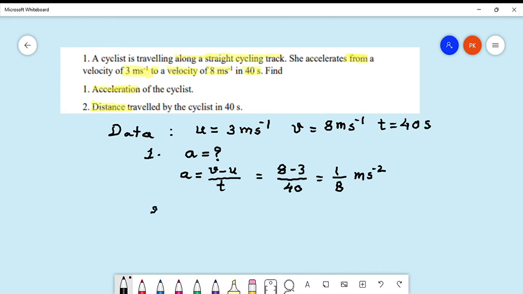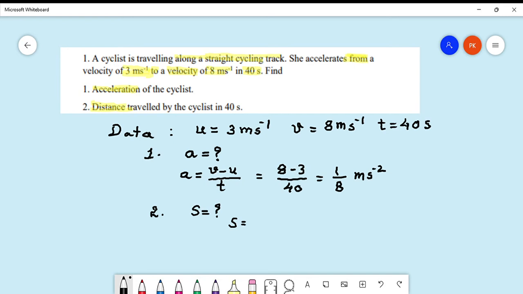Second part, you want to find out the distance. Now already I have made it clear, because the cyclist is traveling along the straight track, that means her distance and displacement will be the same. So what is asked to you is nothing but S is equal to how much? That is the total displacement. Now, which formula you are going to use? You have the initial velocity, you have the final velocity and the time. So, you will be using obviously